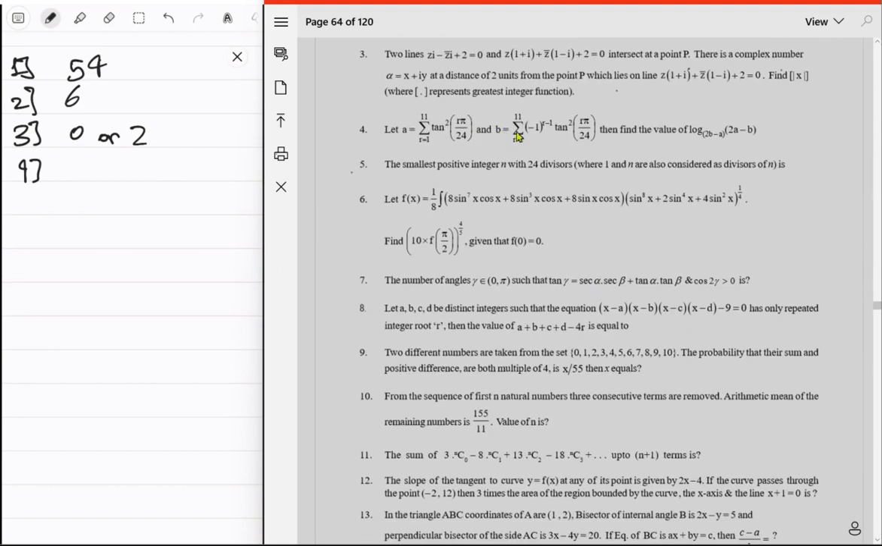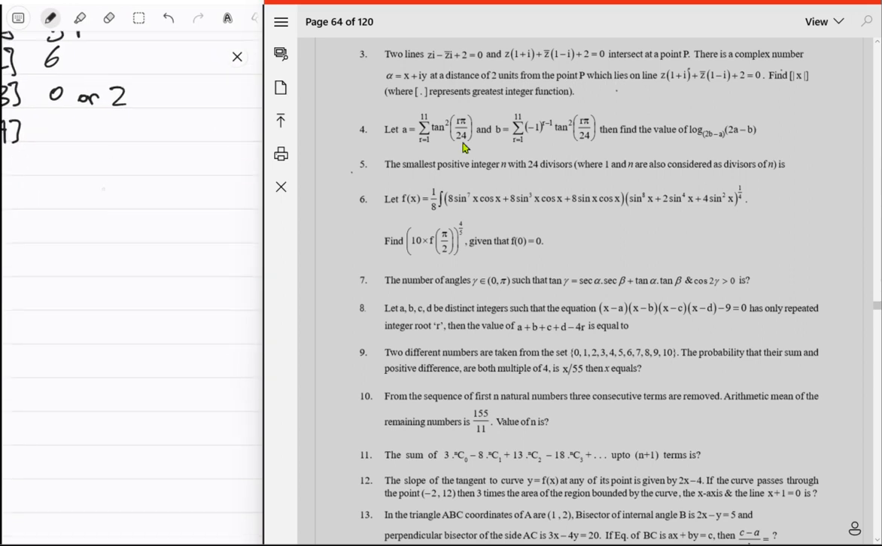A equal to this thing and B equal to this thing, then find the value of log base 2b minus a. Okay, so tan square r pi upon 24. Yes, you saw this tan. Yeah, okay. So r equal to 1 to 11. So right, okay. So just first of all, look, we need power 24. We will talk about this. Let's first see x minus